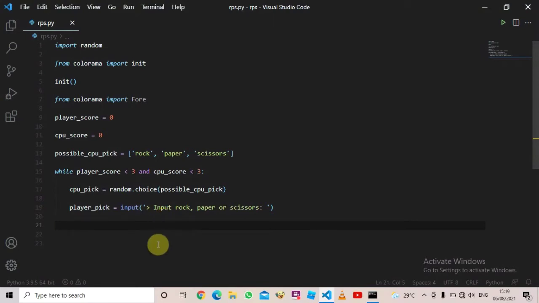Now, because this is going to be running in a terminal, after doing this we're going to print out what the player picked and what the CPU picked, so that we'll be able to tell who actually won ourselves, but the program is also going to be able to tell who won. So I'm going to say print,